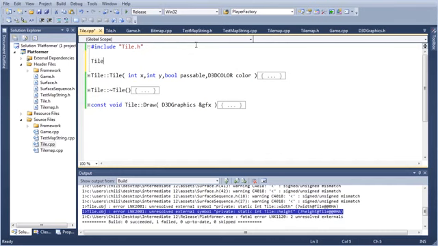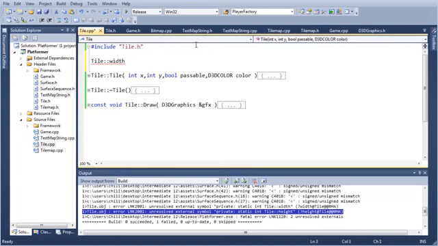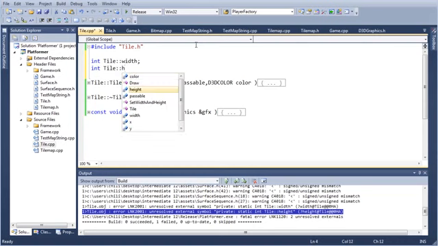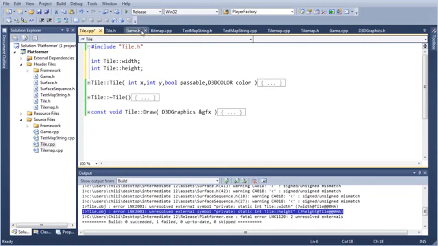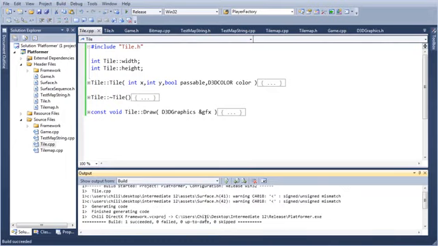So we do tile width. I don't think I have to say static here, do I? Pretty sure I just do it like this. I really don't know, people. I'm just pulling this out of my ass now. Build. It worked, so it must have not been wrong.